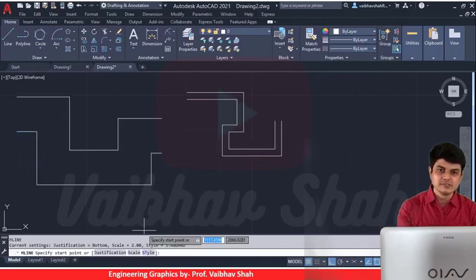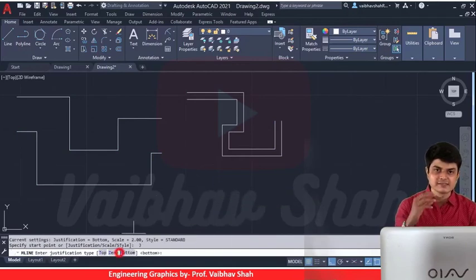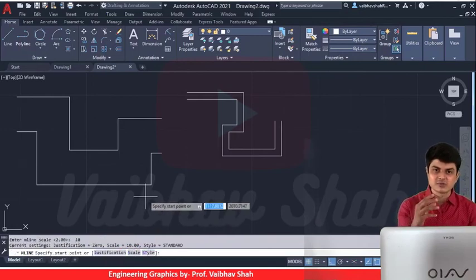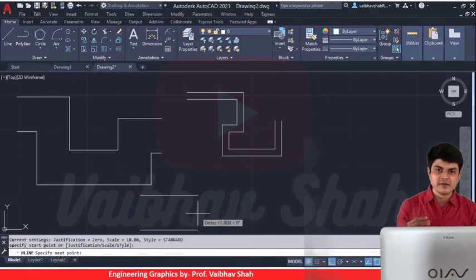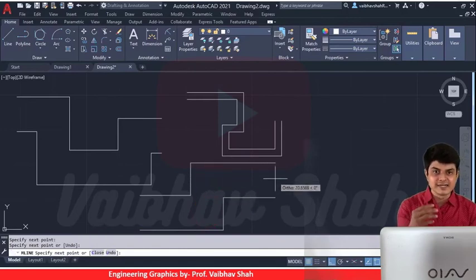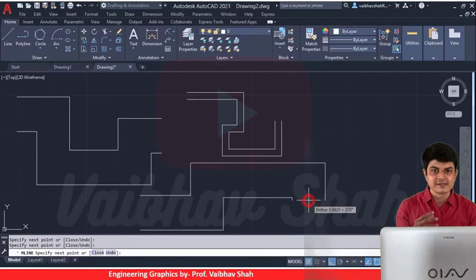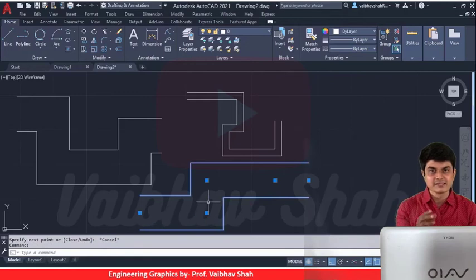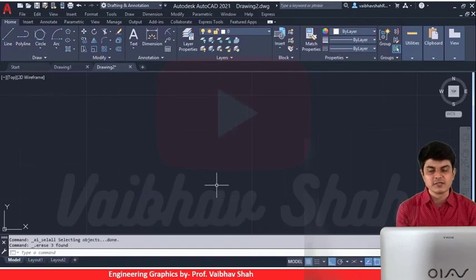Now let us see zero justification. So ML, enter, let us select 0 this time, and we can select any scale. We will have 10 as a scale. So now let's draw the line. We will be having 0, that means we will have the cursor at the middle point. The top and bottom lines are automatically drawn parallel lines, and the central line is not visible because the center is a reference point. You can see that our actual line was drawn by the center point, but it is invisible. We have 2 parallel lines generated on the top and bottom, which are nothing but the zero justification multi-lines. This is the concept of multi-line.